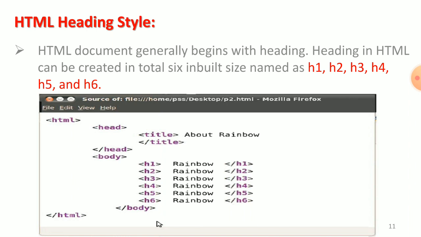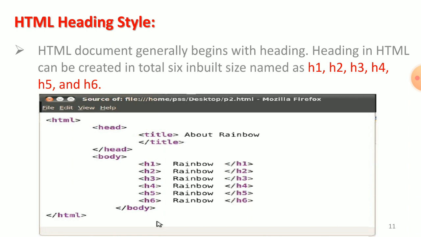The 6 levels of heading are described in the following HTML document. Type the HTML code using gedit, as in this example of heading styles: html and /html, head, title, about rainbow, and /title and /head over.